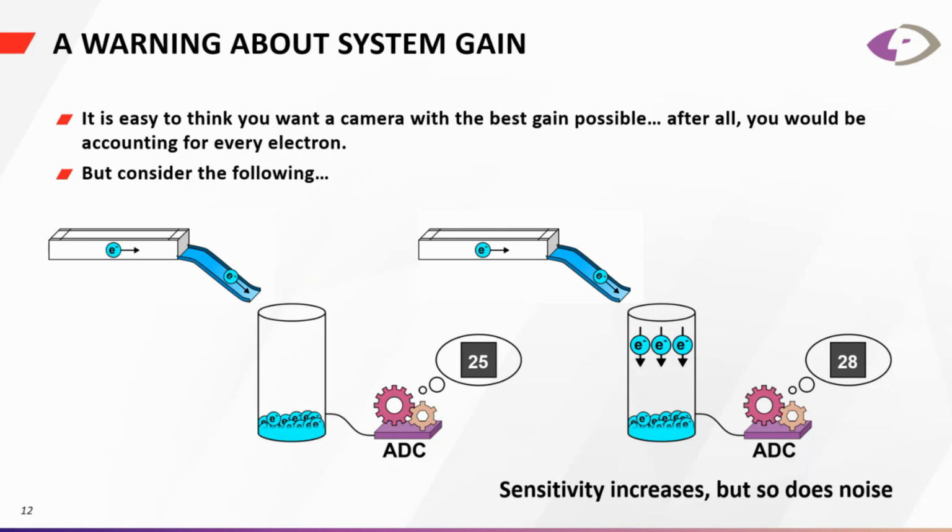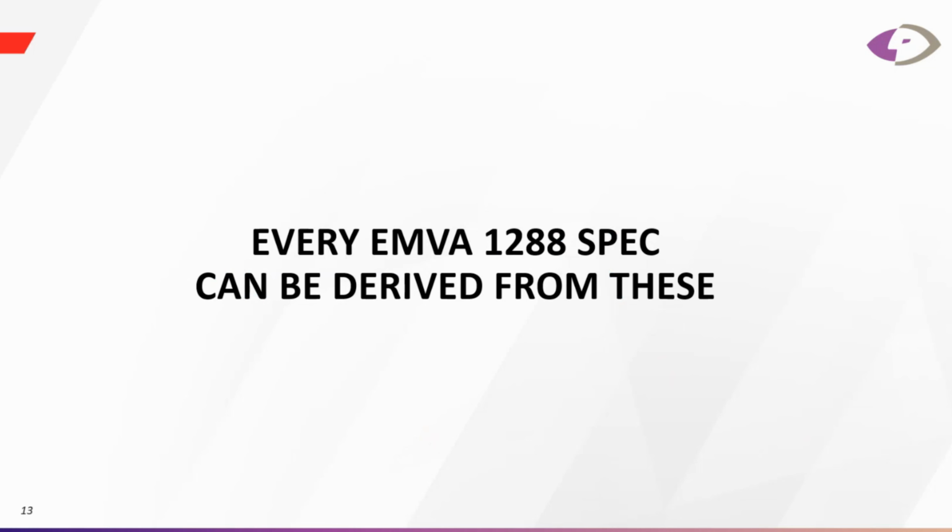So that's why we wouldn't recommend using system gain to really analyze sensitivity, but system gain is featured very prominently on the spec sheet because it is necessary to calculate the values that we do recommend you use for sensitivity. Every single EMVA 1288 spec can be derived from these. Now I'll pass it over to Stephen, and he'll describe a little bit about what we do to measure these